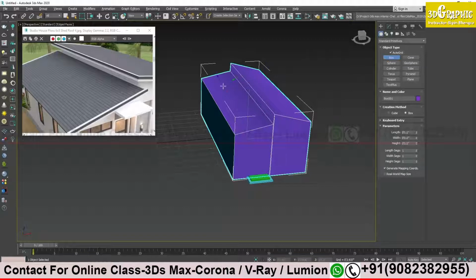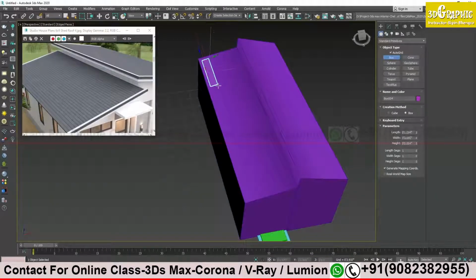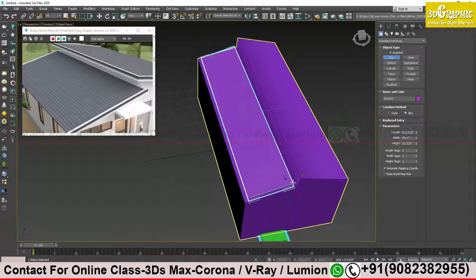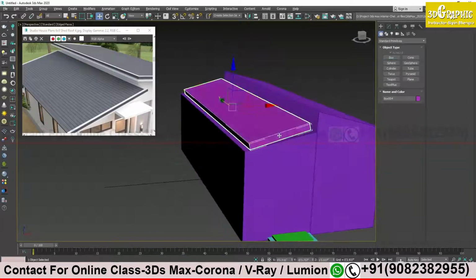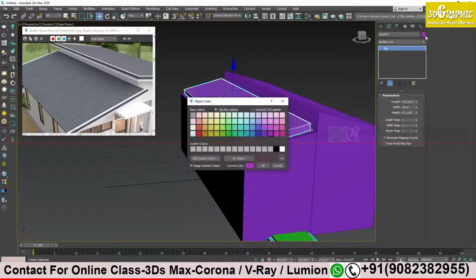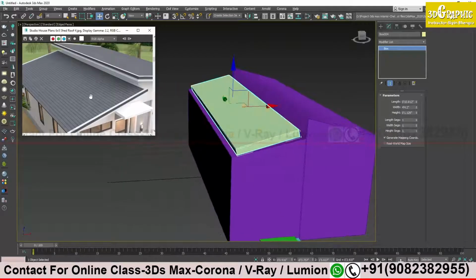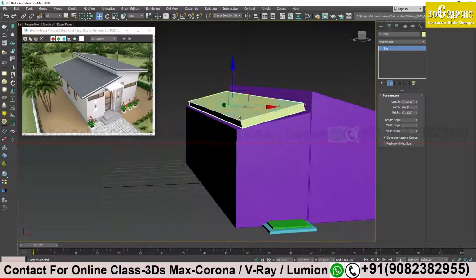Yes, sir. What I will do is start from the corner over here, and I will try to create a box on top of my roof. A little bit of height I will give, and I will change the color. Right now it is the same color, so it is difficult to identify. I will click over here and change the color, a little bit of yellow, and now I have to change the shape and size.